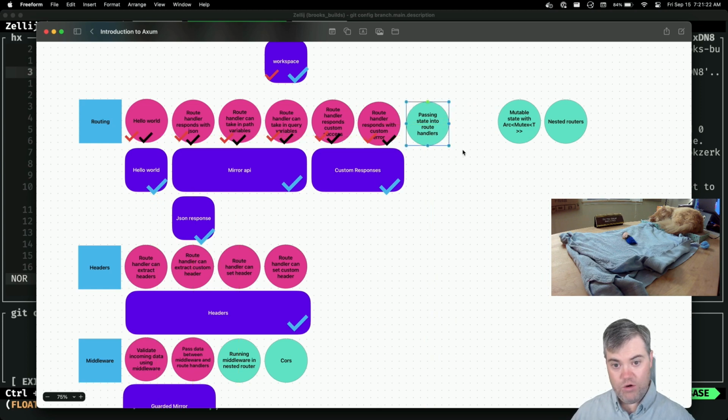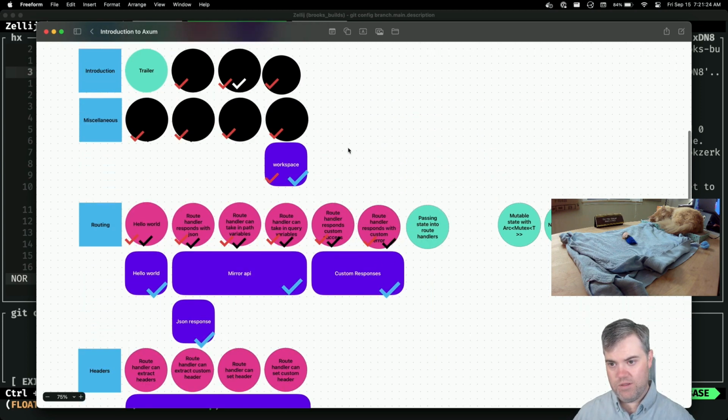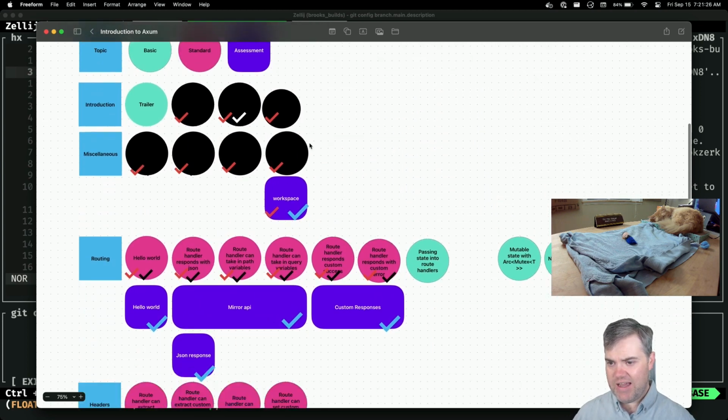All right. I haven't figured out what I want to do for the assessments themselves. I know I probably want to create some kind of article for them, but I haven't decided what that's going to look like yet. So maybe we'll just continue with this. Passing state into route handlers. Oh, that could be a good one.